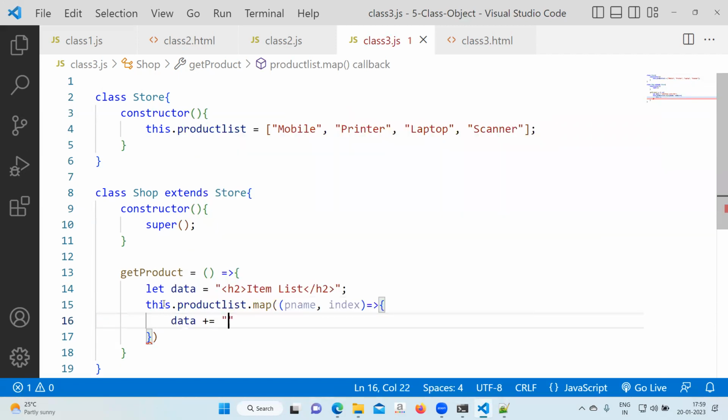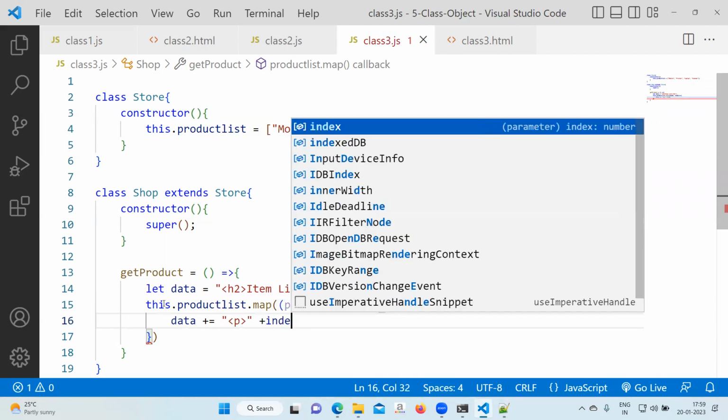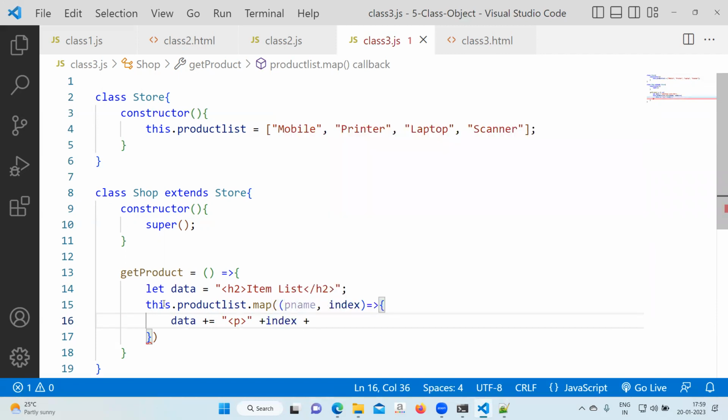Data plus equal to, open the p tag, write index also, plus, put a comma, write pname, plus, close the